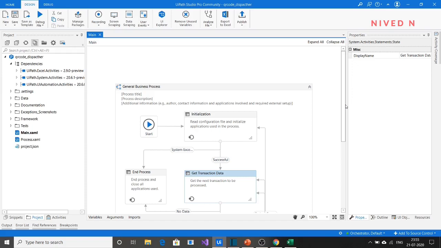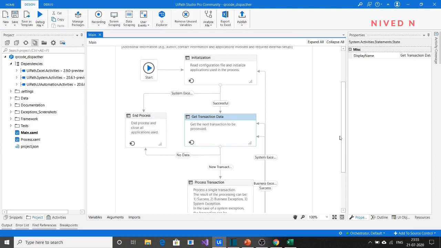Similarly, in the process stage, you don't have to add any other activities. Since no applications are open, there is no application required to be closed. So you can avoid the close all applications workflow also. Nothing needs to be added in the close all applications workflow. Okay, since there is nothing to be done in the initialization state, we can directly go to the get transaction